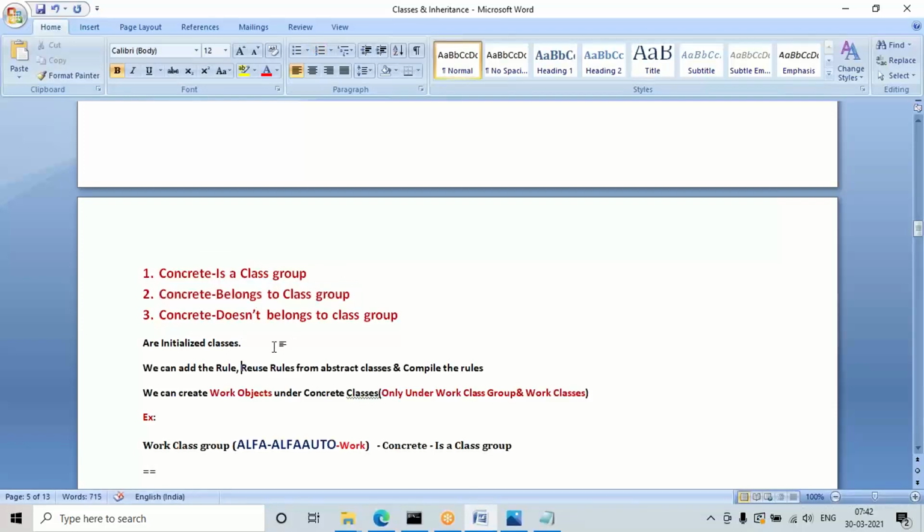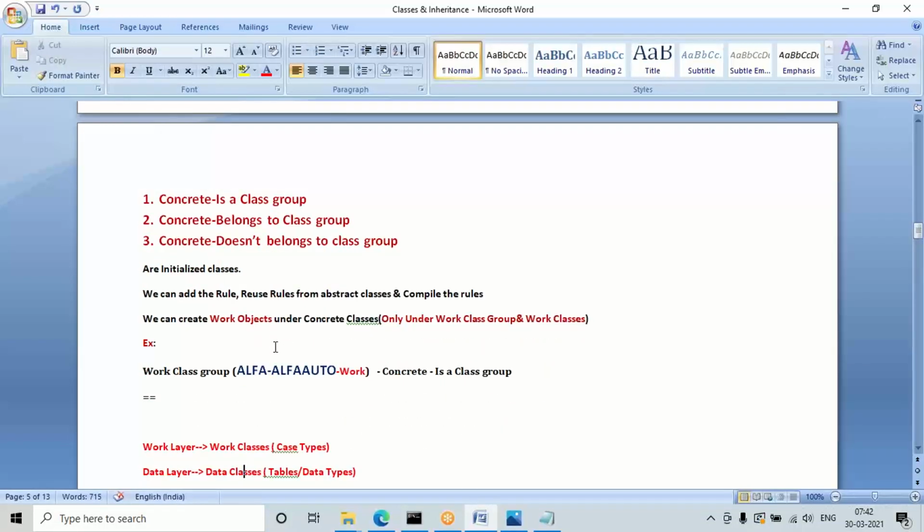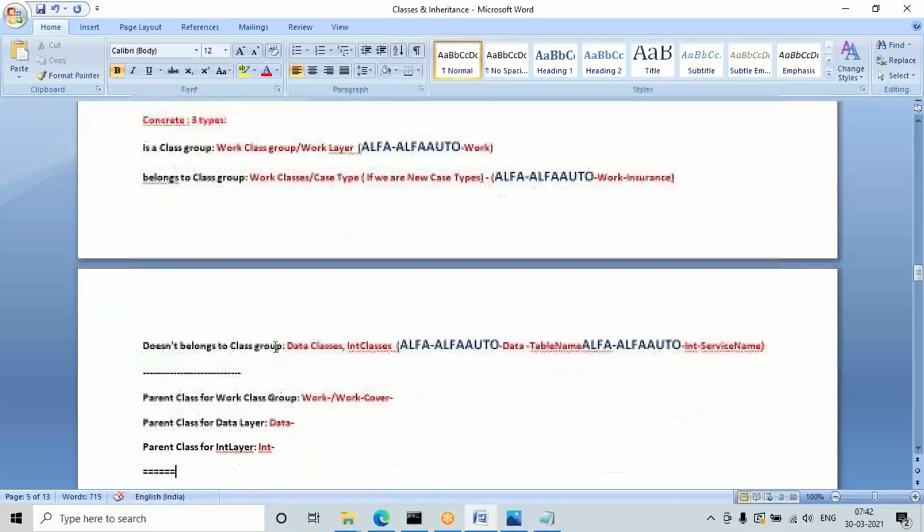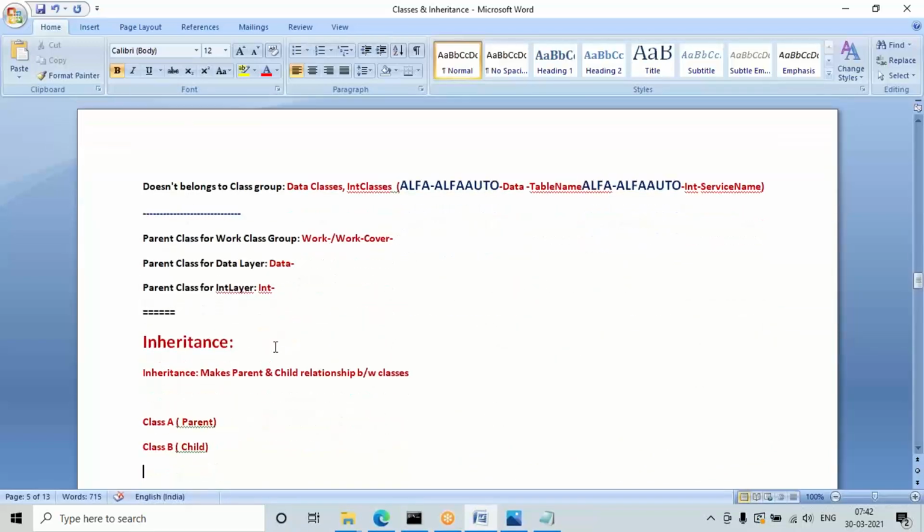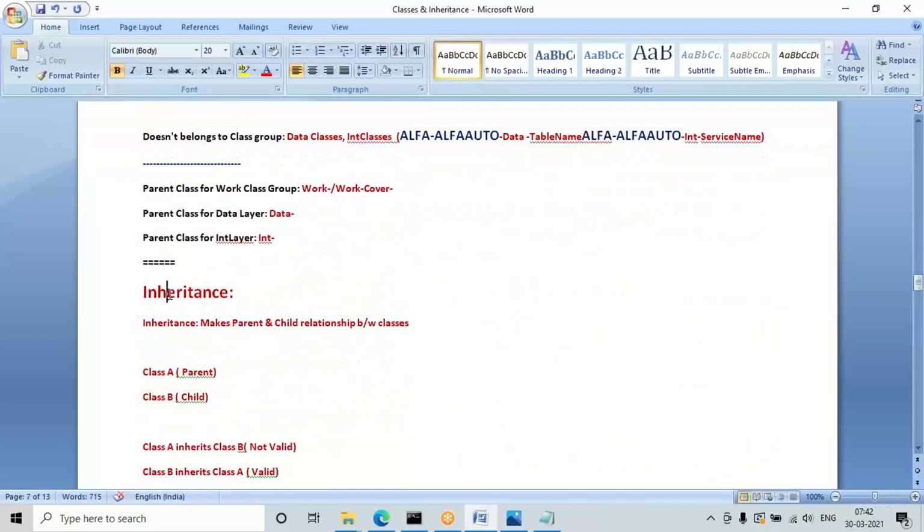Okay, now apart from that there is a small topic, inheritance. Whenever a class is generated, in the background some inheritance also will be created. In the Pega built-in application, inheritance is categorized into two types. Basically, what is inheritance? For that I'll show one small image.